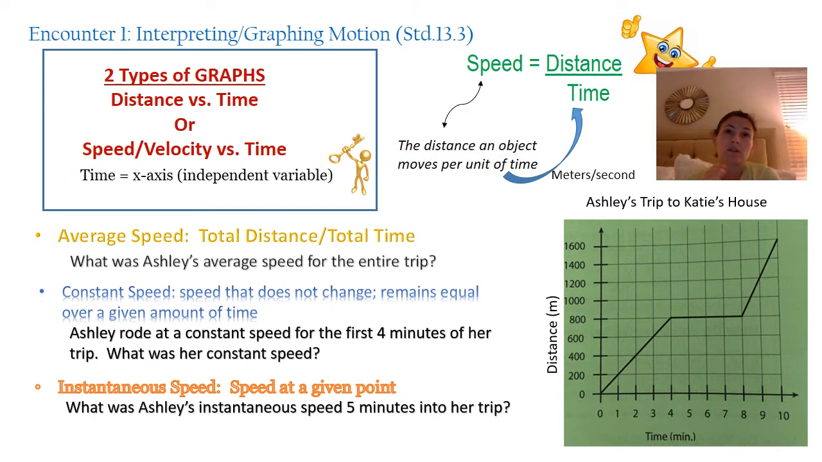So being able to understand what constant speed is and see it over time, if it's moving in a forward direction or a backwards direction. But if we take a look at Ashley's trip to Katie's house, which isn't discussed in any of the words given, we can see that